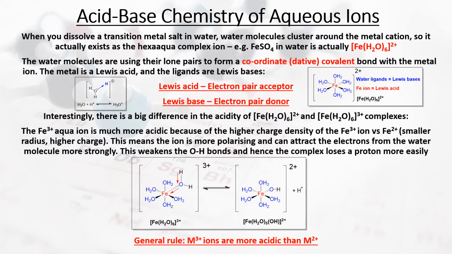of our aqueous ions. So we said in the very first video of this series that if we dissolve a transition metal salt in water, for example if we take iron sulfate, FeSO4, that water molecules cluster around the metal cation. And so we don't think of it existing just as Fe2+ and the SO4 2- ions, but actually as our hexaaqua complex ion, [Fe(H2O)6]2+, and then also our sulfate anions there to balance that charge. But the key thing that we're really concerned about is that metal ion. We're considering the water molecules clustering around that cation, and so we have our hexaaqua ions, not just Fe2+